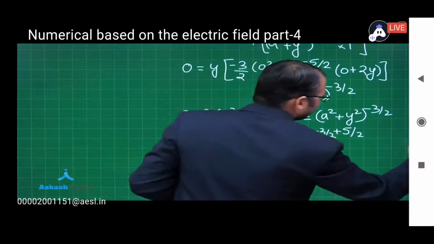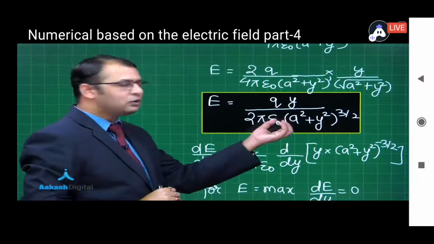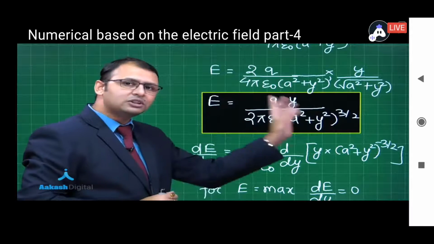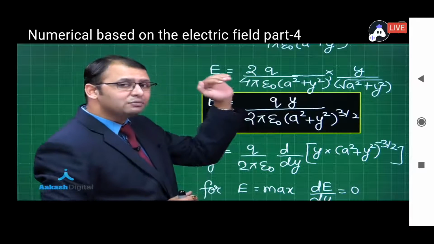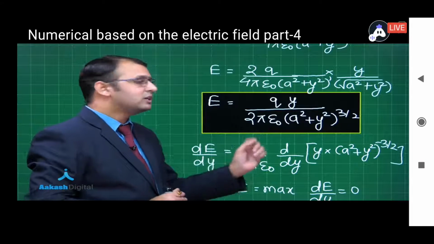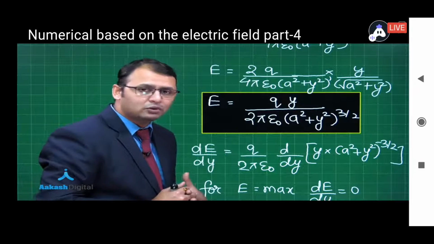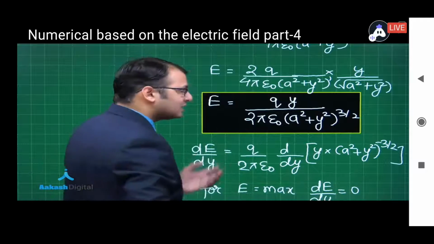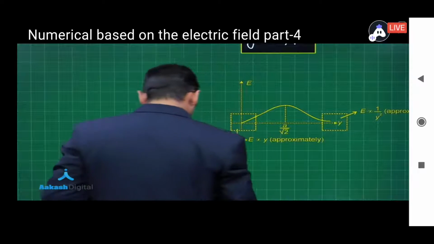If you see here, this equation will tell you that starting with y equals 0, the electric field will be 0. When you increase the value of y, the field will increase up to a certain extent, and then it will start decreasing, because when y equals a by root 2, the value would be maximum. What would be the value? We need to find that, and after that, it will come down. So this graph will definitely be a curve, and you can see here I have made it for you. At this point, that is at origin,